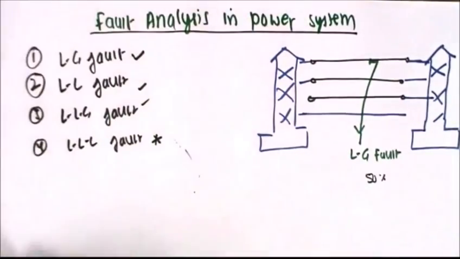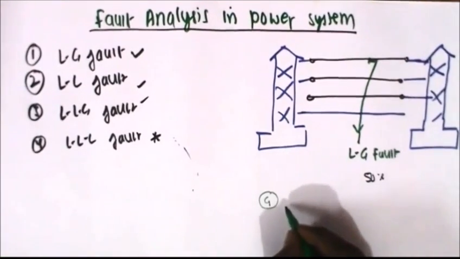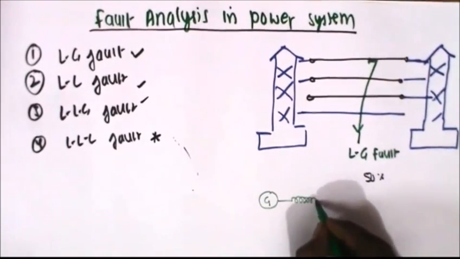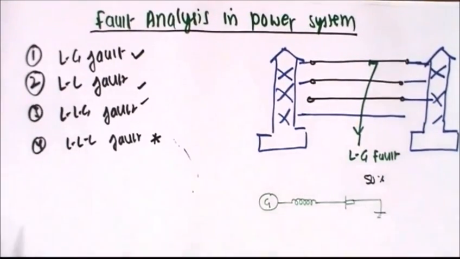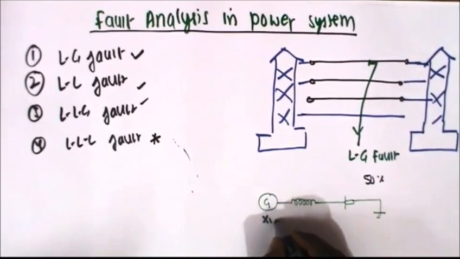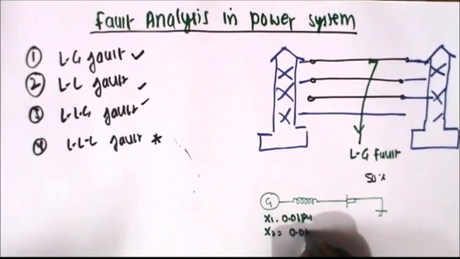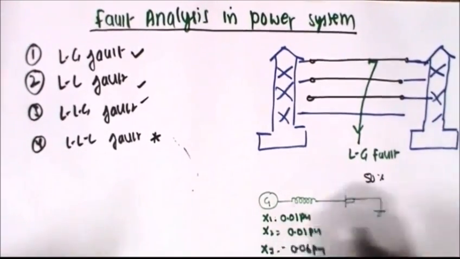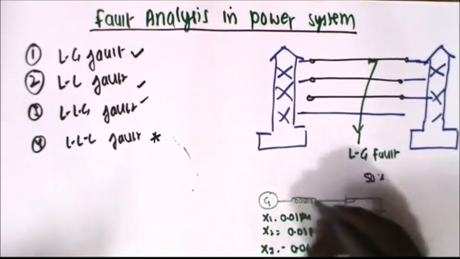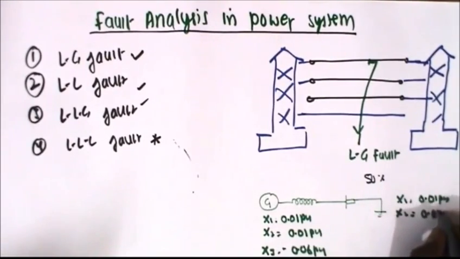For analysis, we are using this different pen. Let us suppose this is generator 1, and it has an inductance. Similarly, there is a load connected to this generator. We will observe that X1 equals 0.1 per unit, the per unit impedance of it. X2 equals 0.01 per unit. X3 equals 0.06 per unit. Similarly, on the transmission side, we are using the different symmetrical components: X1 equals 0.01 per unit, X2 equals 0.03 per unit, and X0 equals 0.04 per unit.